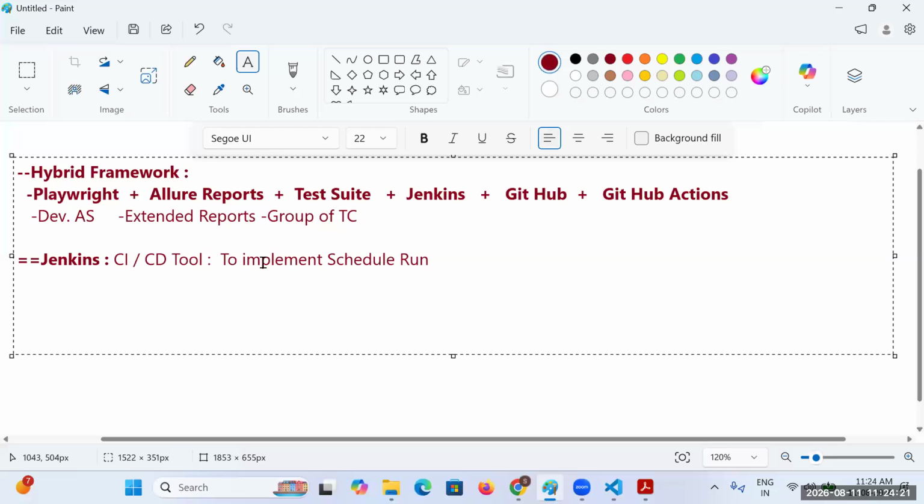While working with this automation, the reason we use Jenkins is to implement the scheduled run.